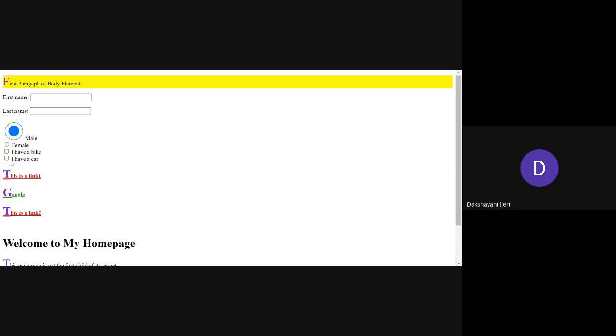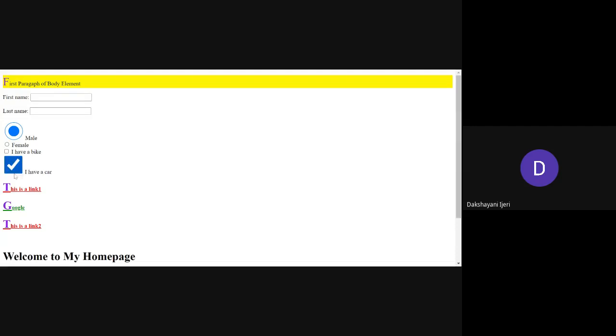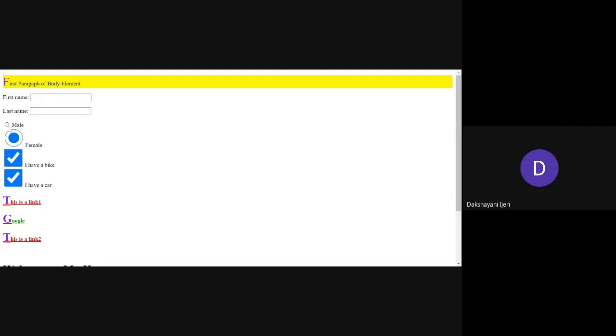So you can see here, if I click on this, I have a car. So if I click on this, you can see the checked box has changed its size as compared to the rest. If I click on this, even this is going to change, right? You can click multiple options for the check boxes, but with the radio buttons, only one option can be checked. Right now male has been checked, so that's why it is appearing larger. If I change that option, you can see that male has the normal size, whereas I have checked female, so the size of that radio button has changed here. Clear? Is it clear with these properties?